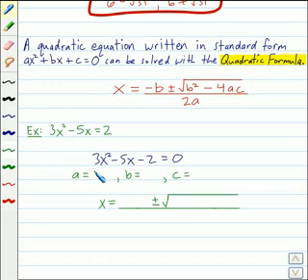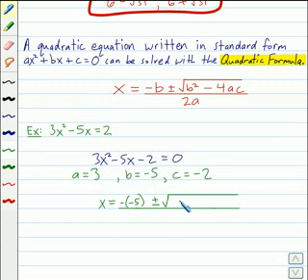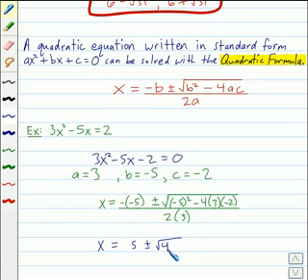Alright, welcome back. Hopefully you wrote down 3, negative 5, and negative 2 for a, b, and c. And when you substitute them into the formula, you get the opposite of negative 5 plus or minus the square root of negative 5 squared minus 4 times 3 times negative 2, all over 2 times 3. This expression simplifies to 5 plus or minus the square root of 49 all over 6,